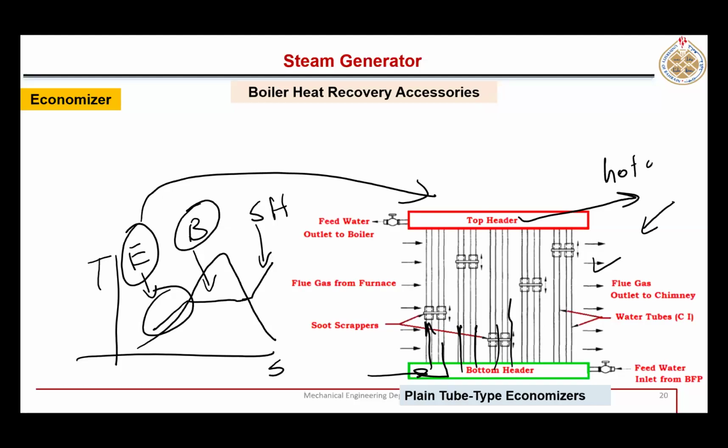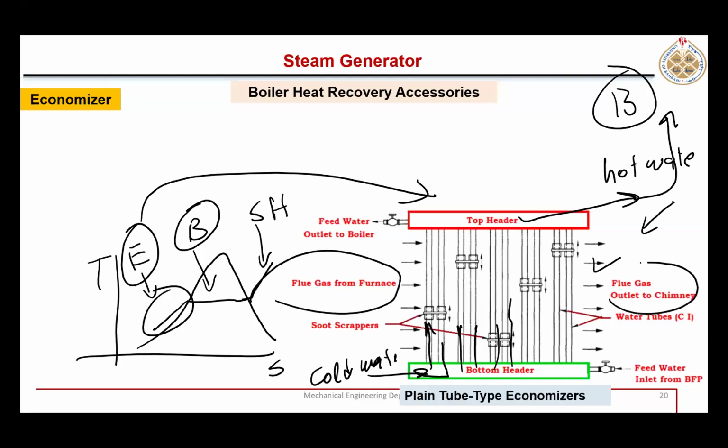So here is the cold water. This hot water will now enter into the boiler, right? And these are the flue gases which are coming from the boiler and superheater part. Now their temperature is low, but still this temperature is good enough to heat this cold water. All right. So boiler efficiency can be increased if we include that economizer to preheat the water before entering into